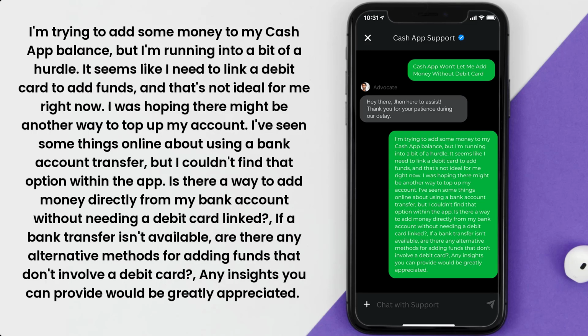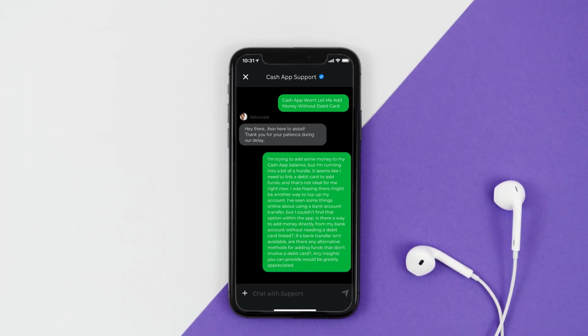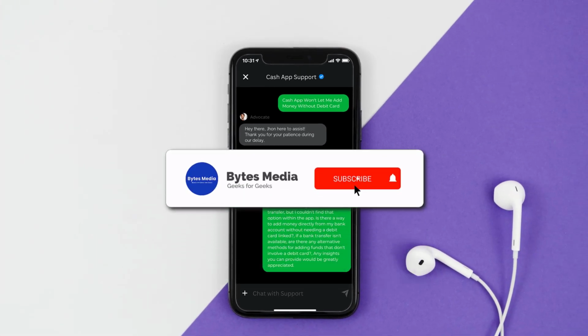Hopefully, the Cash App customer representative will help you fix Cash App if it isn't letting you add money without